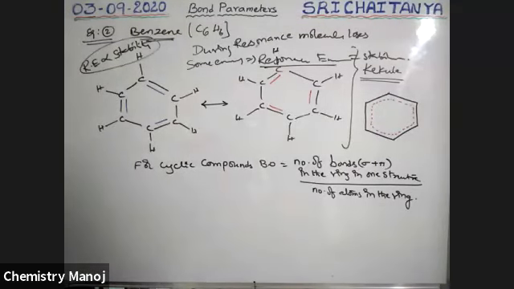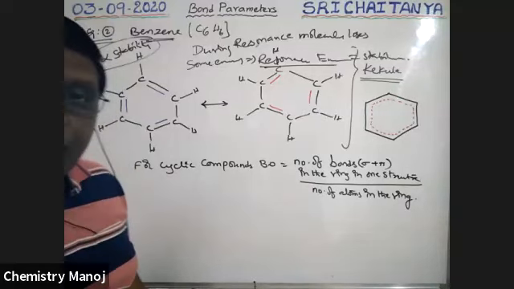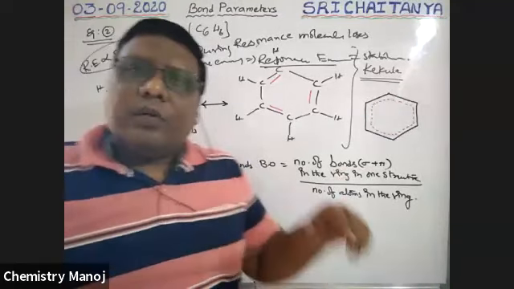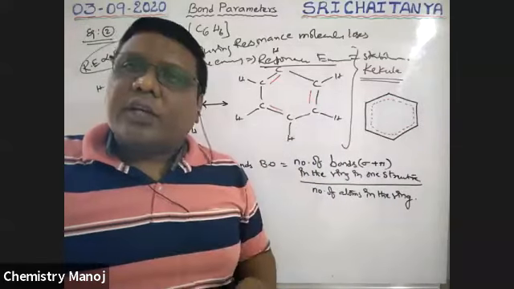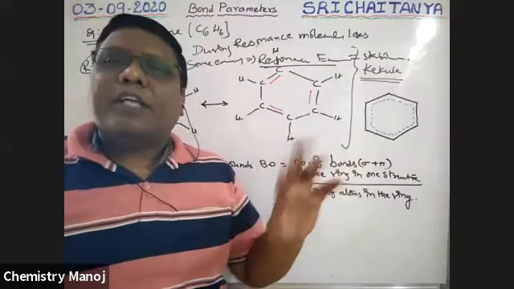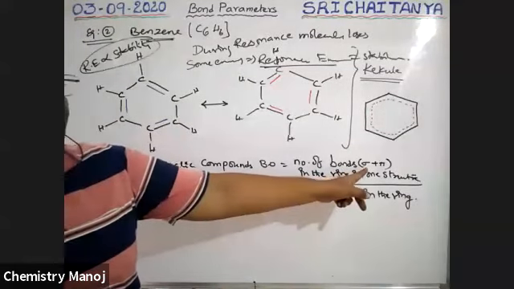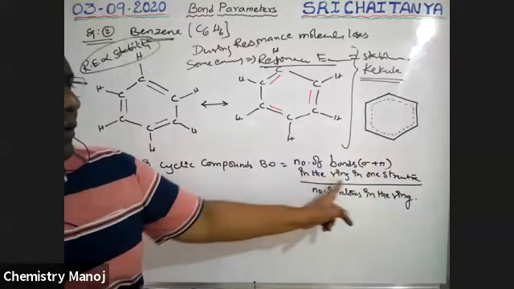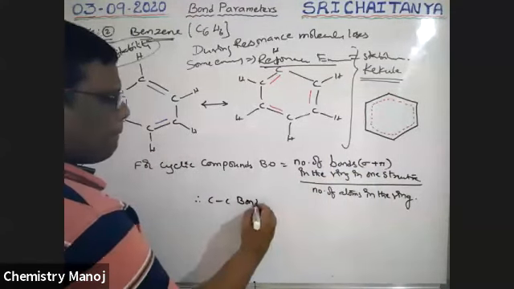Number of bonds, both sigma and pi, in the ring in one of the structures. Please note, the number of interchanges is there, but the number of bonds is always constant. The number of lone pairs is constant, but placements are different. So the number of bonds, both sigma and pi, in the ring, therefore